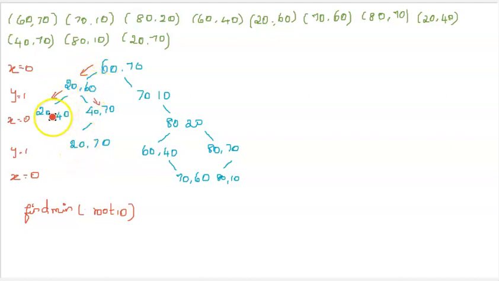So from this place I get (20, 40) and (20, 70). I have (20, 40) from this branch and (20, 70) from this branch, and (20, 60) is already in the switching area. So I have to compare these three: (20, 40), (20, 60) and (20, 70). I have to consider only the dimension that I want. So this is 20, this is 20, this is 20. So I can go with the least point, (20, 40).